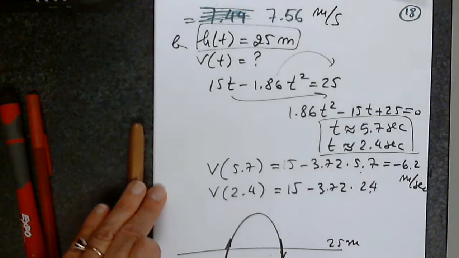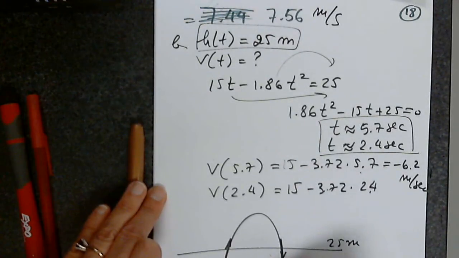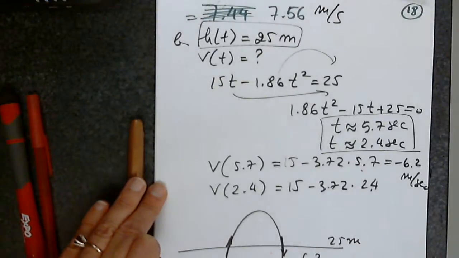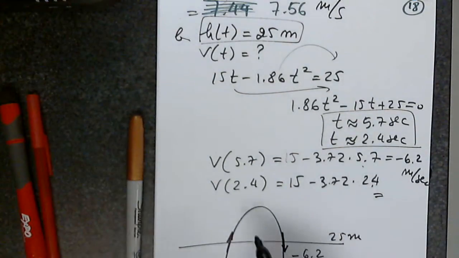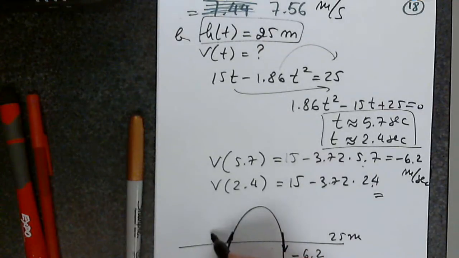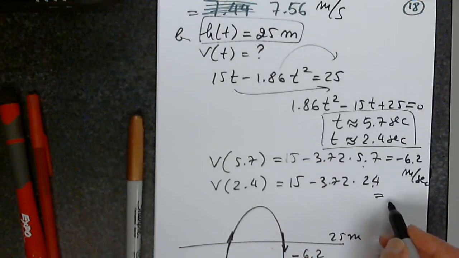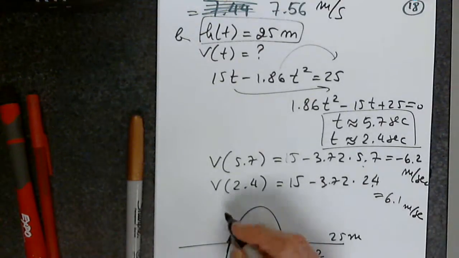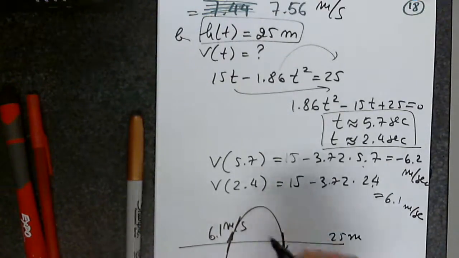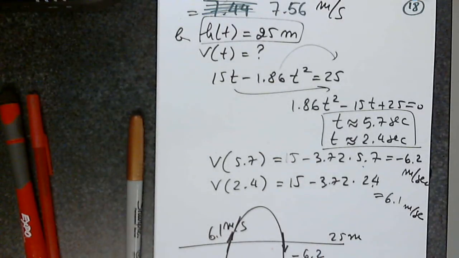Because of the tangent going down, it's a negative slope, so it's negative 6.2. So what did we get for 2.4? Going up, it has to be positive. 6.1 meters per second. They should be okay, same thing. That's why one has a positive direction and the other one has a negative direction. So what I would like to